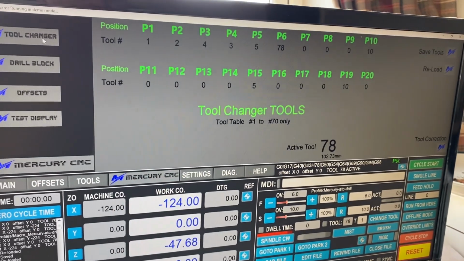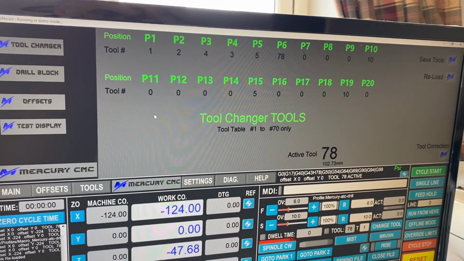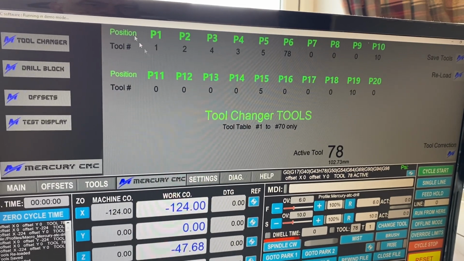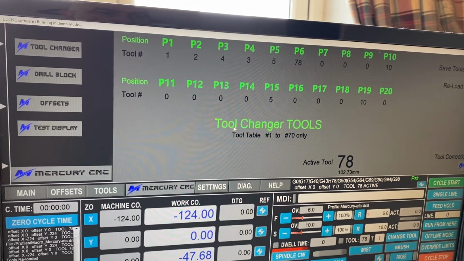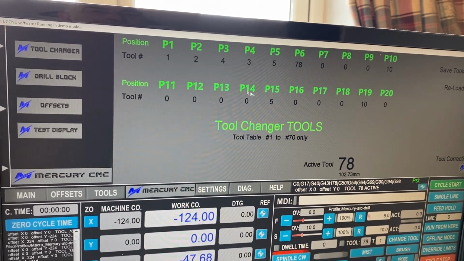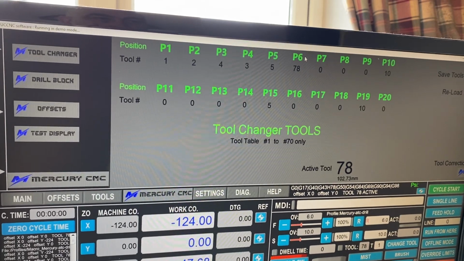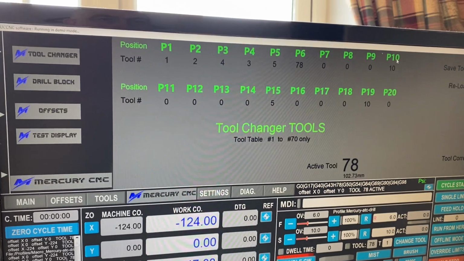Work done on the tool changer screen for the gang drilling add-on. Okay, so this is the standard tool changer screen. See, it says tool changer tools. All right, so we've got the standard 1 to 6 or 1 to 10 rack, which will be linear, or